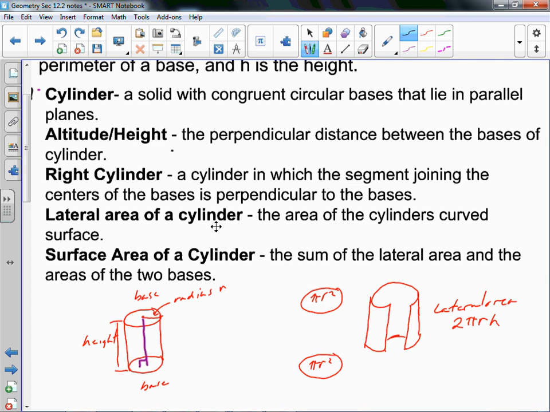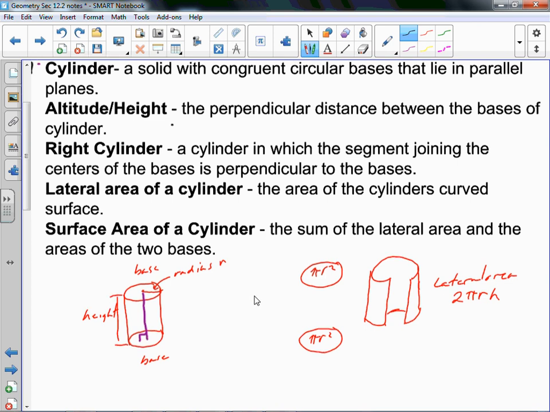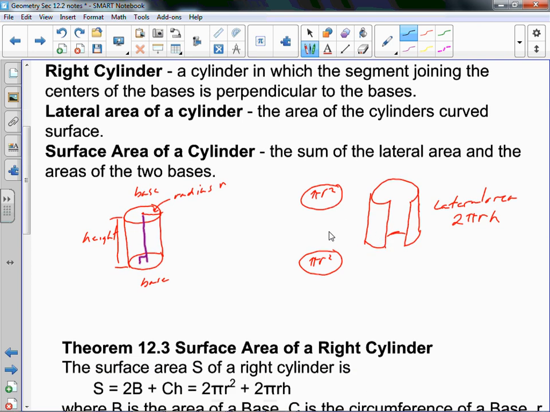All right, lateral area of a cylinder, the area of the cylinder's curved surface. If you take the two circles out of it and we just look at the lateral surface, that would give us the lateral area if we found the area of that. And then surface area of a cylinder is the sum of the lateral area and the area of the two bases. Two bases, they're circles, so we've got pi r squared for the area of each base, and then you would find the lateral area, which would be 2 pi r times h,